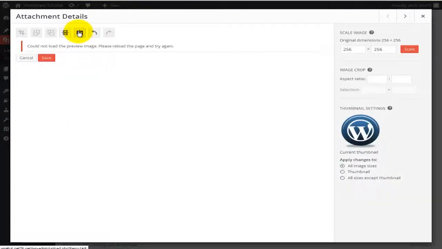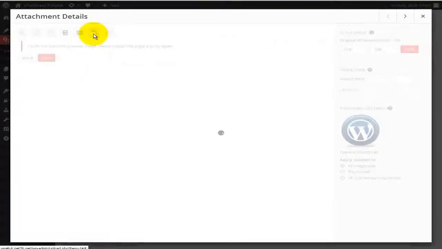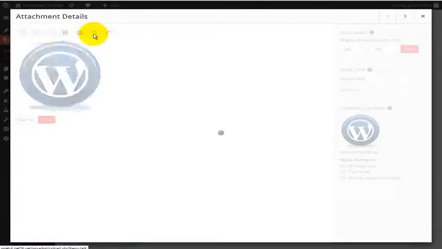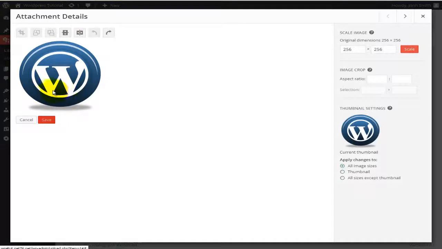Also, we can rotate the image, we can cut some portions of the image out, and we can use these little arrows here to go back and to go forwards. Once you're happy with how this is looking, and in my case this cannot be done, I'll just go back one more time. Once you're happy with how this is looking, if you have made any changes, you can click on